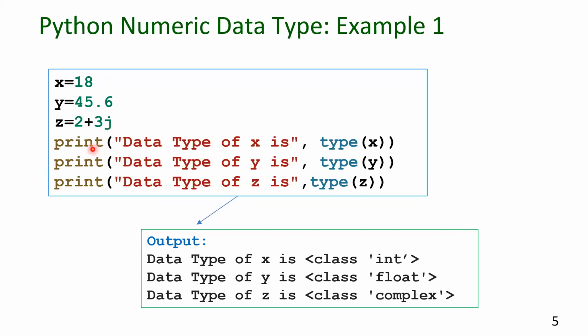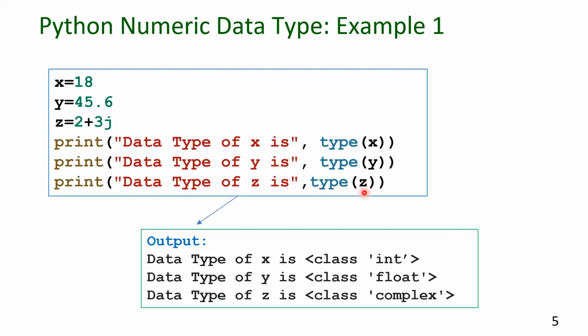When we try to print the data type of x by using the type function, we have to pass the variable name as an argument to the type function. Similarly, we print the data type of y by using type of y,